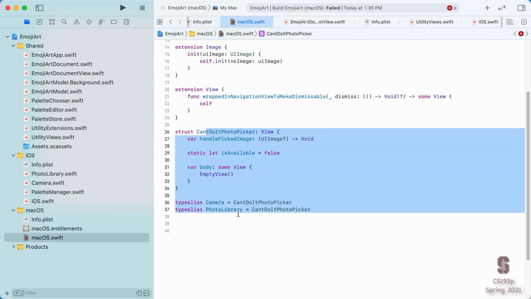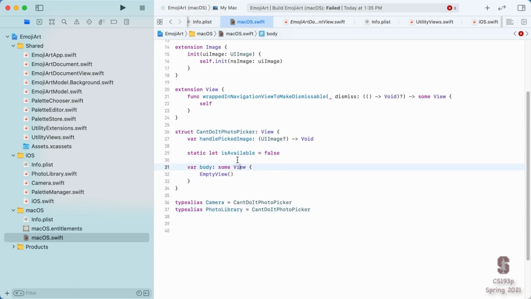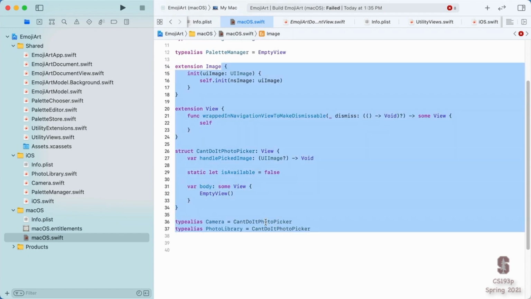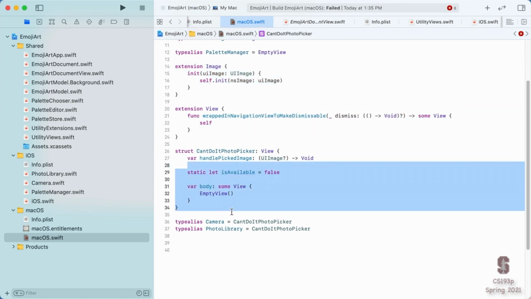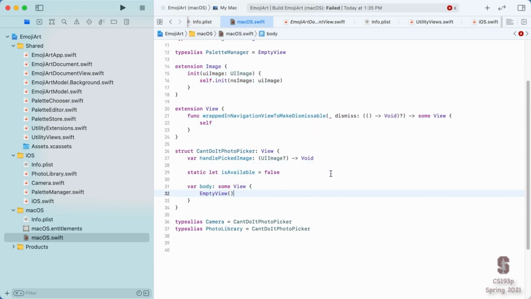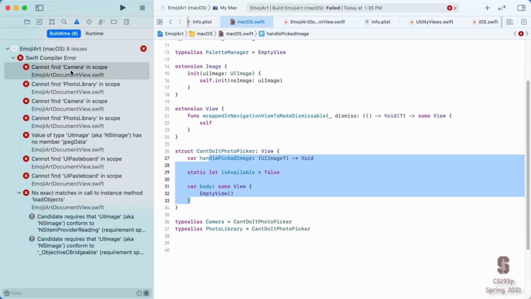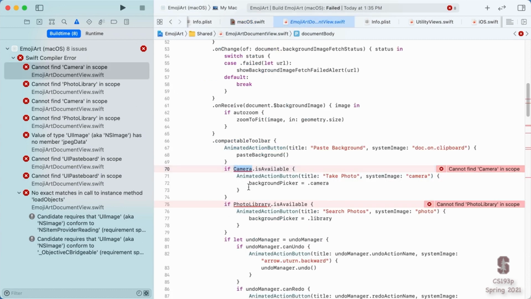This might not be a great strategy if you didn't have this isAvailable, because you're kind of hiding the behavior, and you certainly would never want an empty view to be presented, but with the isAvailable we'll kind of skip that. And one thing to remember also, this is a demo. I'm trying to show you lots of different ways to make your code be disabled on one platform, enabled on another platform, and this is a way to do it with an entire view right here. Again, there are different strategies for how you would do it, but that's definitely going to make it so this error we had over here is going to work, because camera now is defined on the Mac. It's just this struct whose isAvailable is always false, and it never does anything.